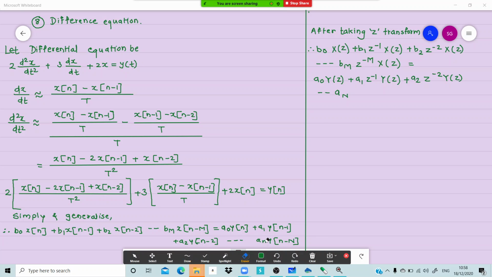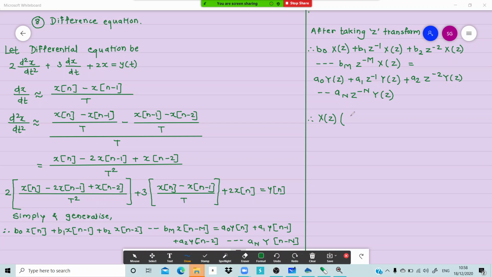Yeah, I should make An capital over here. An y of n minus n, right? So An z raised to minus n Y(z). Correct? So if we'll take X(z) common,